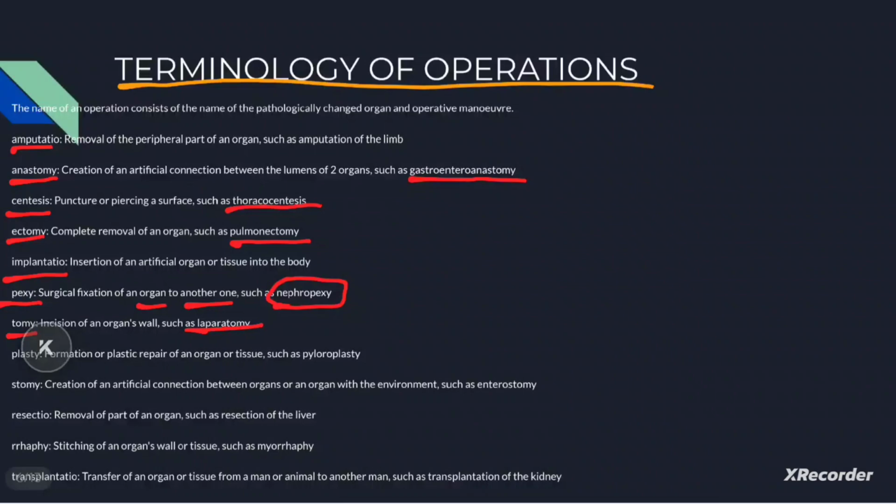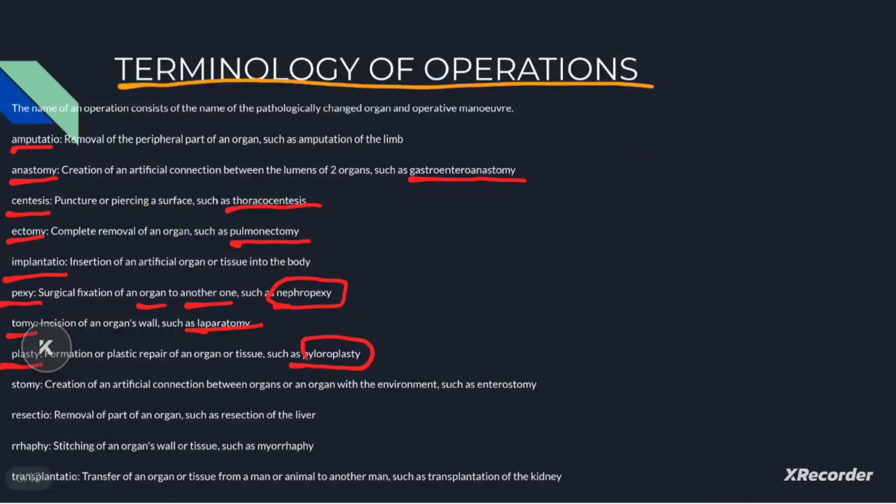is called laparotomy. Now next is plasty. Formation or plastic repair of an organ or a tissue. In general life, we say there is plastic surgery, skin plasty. What does it mean? Formation or plastic repair, a reparation of an organ or a tissue, such as